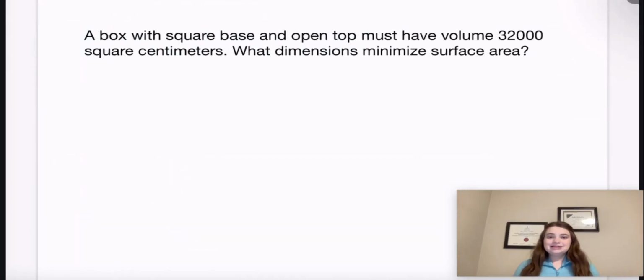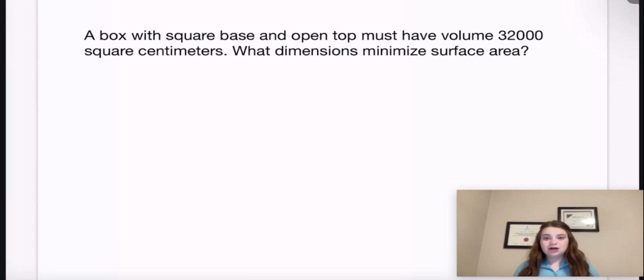Welcome back. Today we're going to be doing an optimization example using the open top box. A box with square bases and an open top must have the volume of 32,000 square centimeters. What dimensions minimize its surface area? Okay, cool. So first I want to talk about how do we find the surface area of an open top